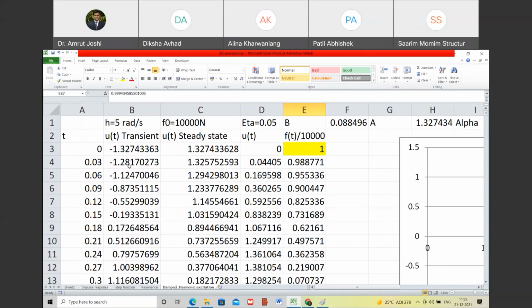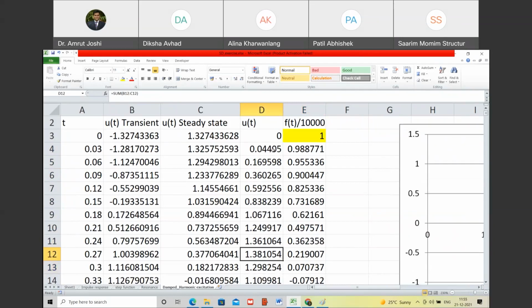However, if you look at the maxima of response, where does it occur? Where is the maxima of response? तो यहाँ पे देखो जीरो बढ़ते जा रहा है, बढ़ते जा रहा है, बढ़ते जा रहा है, 1.06, 1.36, 1.38, and then drops down. So maxima of response occurs at 0.27. Do you agree with me? अब जरा यहाँ पे ध्यान दो, 0.27.